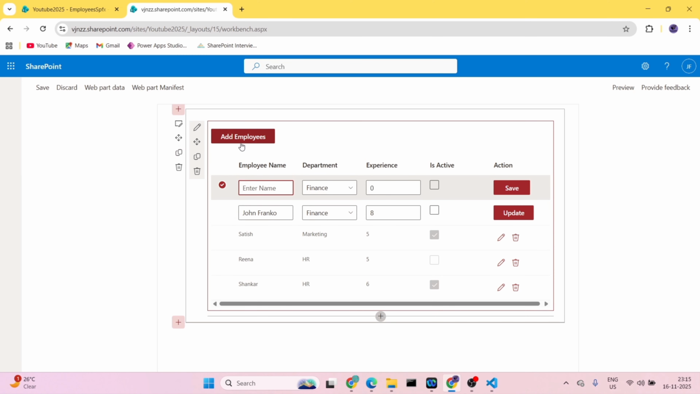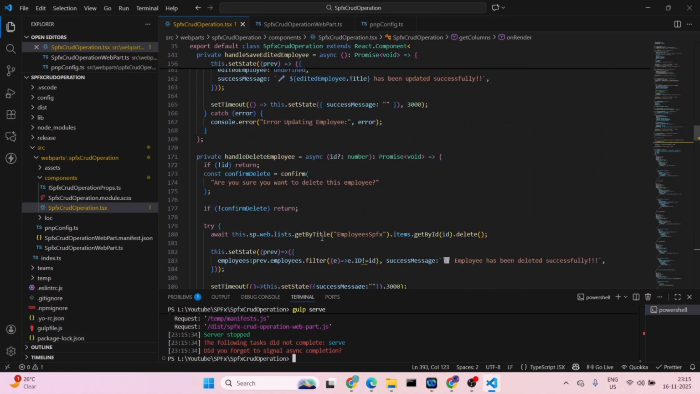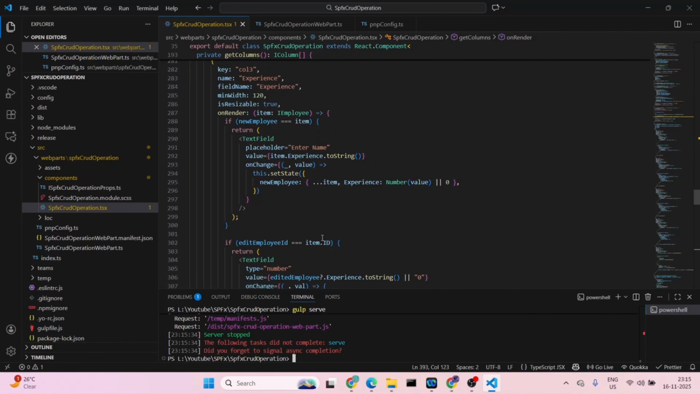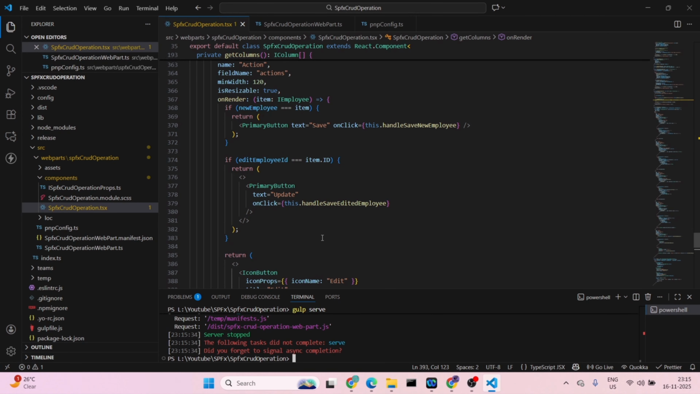When I click on add employee, I should be able to add an employee, and this should be the new row and not the edited row. So that is one thing, and we have to add the cancel button. All this we have to do now. So I will go back, I will stop the gulp command, and here I will scroll down, and in column 5 we will work with